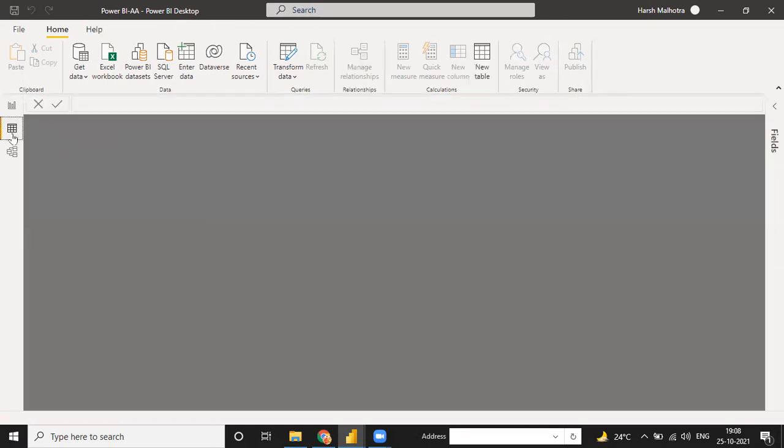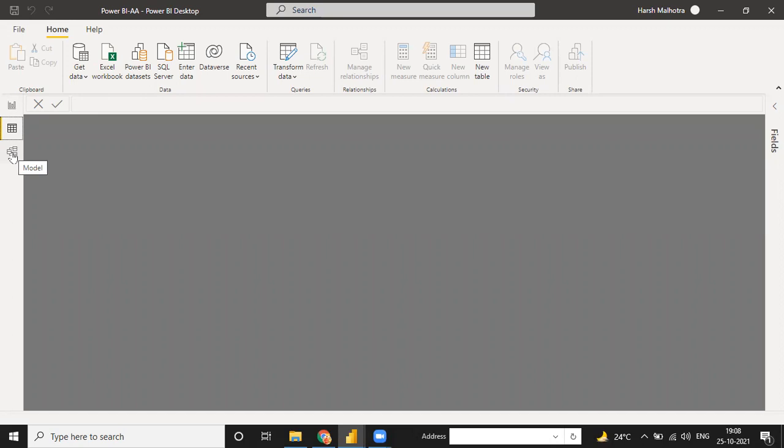Second is the data view. Power BI needs data, so when you import data from any source into Power BI, it is replicated into this data sheet. Third is our model view. In the model you have two types of tables, the fact table and the dimension table. In Power BI you have to focus on these two tables, and that will give you the total insight into how to connect the dim table to the fact table.